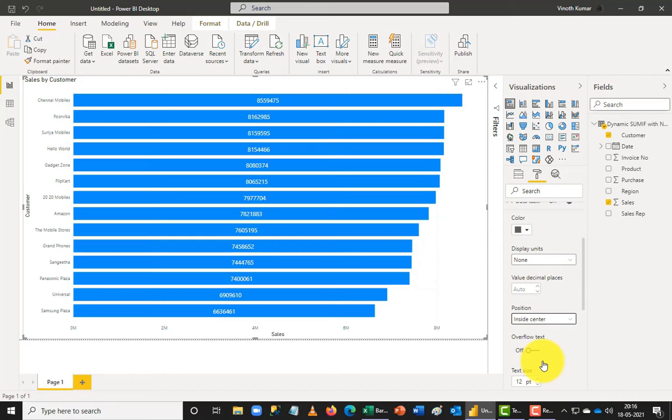But again, with outside end, some data will be a little cramped to see, and inside center. So this is going to give you much more clarity in the data, and you can set up an inside base here. So that's going to come on the leftmost part of your screen. So you can set up all of them from this list here. Probably I would like to do them on inside end, that will be a nice one. So I can see them very clearly.